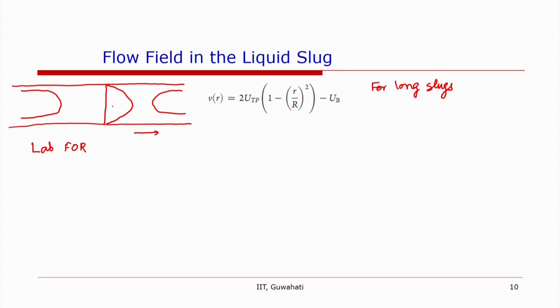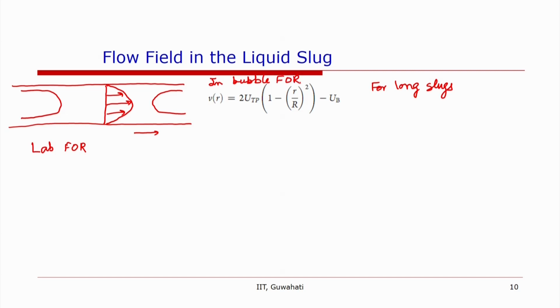When the profile is parabolic in the channel, then we can approximate this profile as 2 UTP (1 minus r squared by capital R squared) in the laboratory frame of reference. So when we write this in the velocity profile in bubble frame of reference,